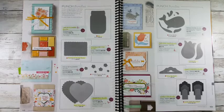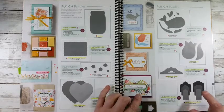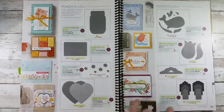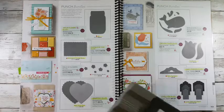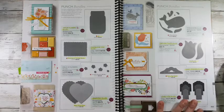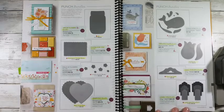But this looks like you get, so these, it has, let's see, I have this one. I'm trying to think. You have the all-in-one punch. Let me show that to you. There's 2 of them. All right, so this is the lovely, this isn't even retiring. I don't know why I'm talking about it,